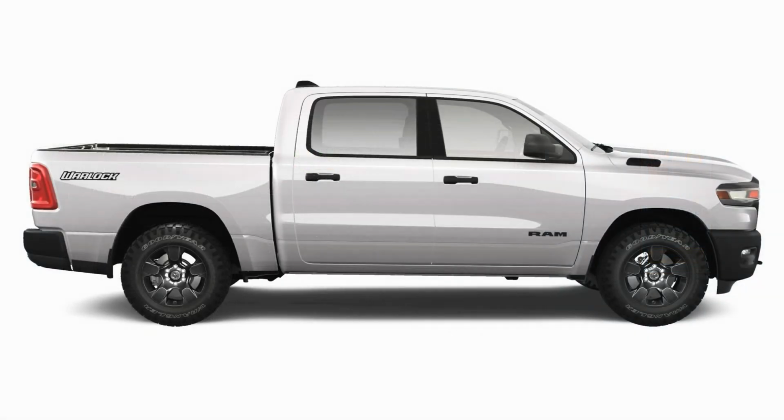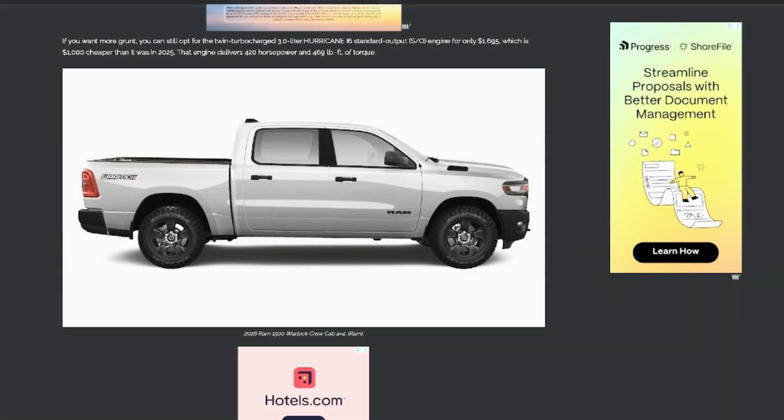The first big key update is, again, the 3.6-liter Pentastar V6 with eTorque is back. Now, a lot of people complain about that engine, but you know what? It's still got 305 horsepower, 269 pound-feet of torque, and basically it changes the Warlock's base price from what Tim basically moved it to, which was $50,000 with incentives. Again, originally it was $56,000 when it started out in 2025. But now the base price is just